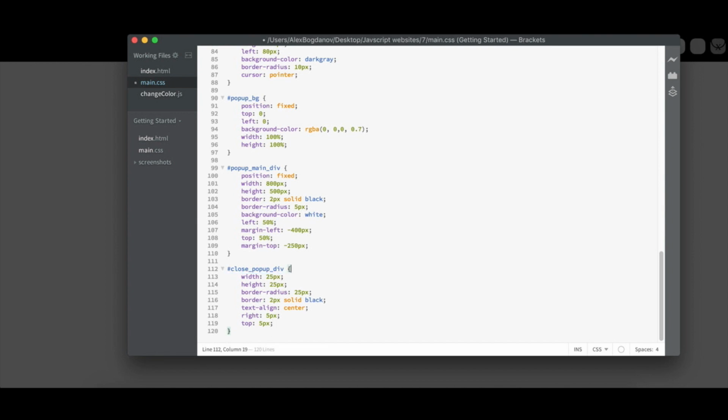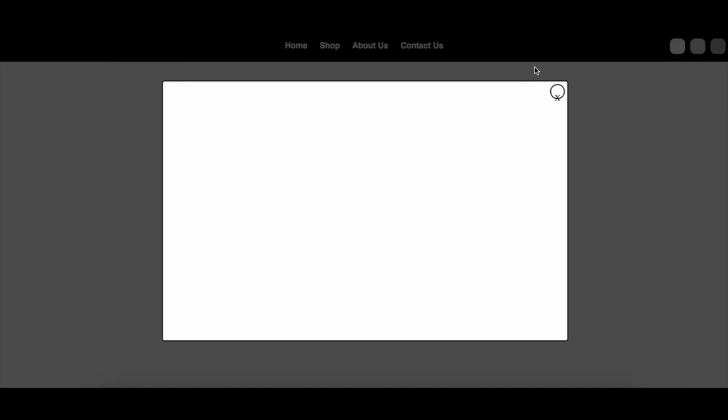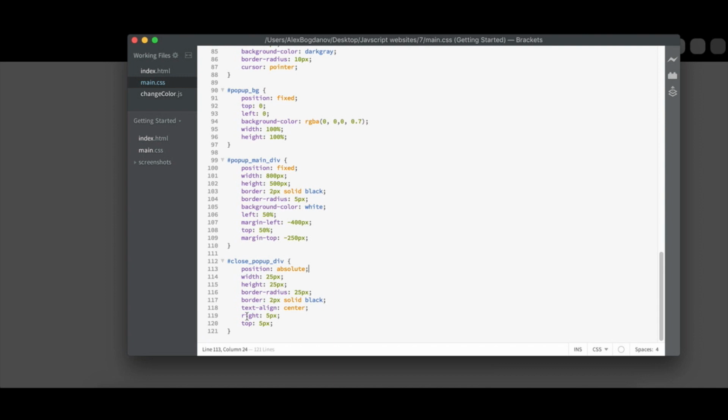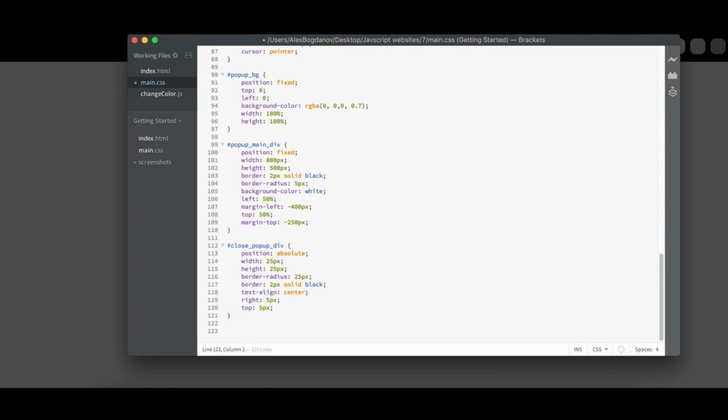Okay, hold on. What if I give it a position of absolute? Okay, now it's gonna be position absolute because there's no need to be fixed when this whole main pop-up body, the white div, is positioned fixed. So that's why it's gonna be positioned absolute. Now I have to edit the paragraph inside the X. So close